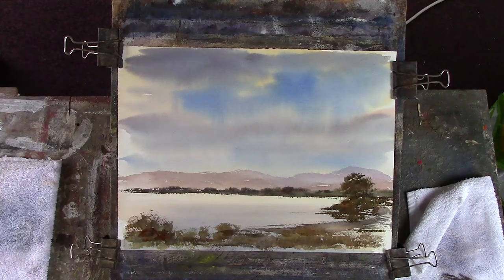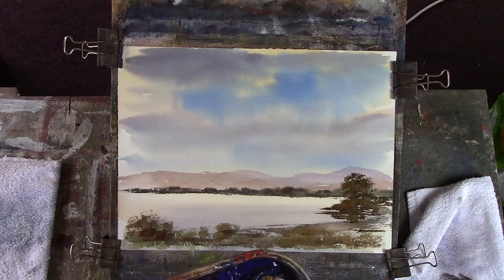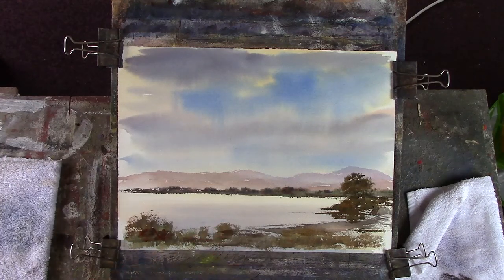Right, I might just use a bit of white gouache on there. But when that's dry, I'll just lift out a little bit of reflection there. I love that colour, that's quite good. Payne's grey, cadmium yellow, and a bit of burnt sienna. So let's